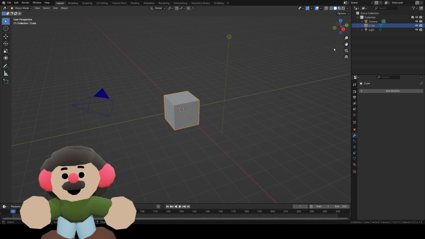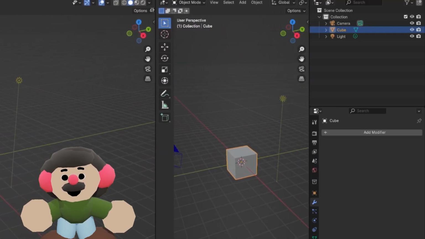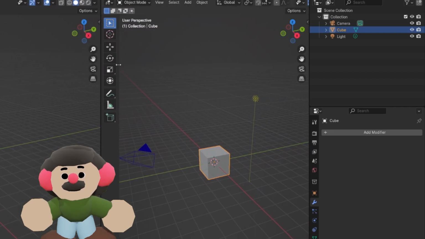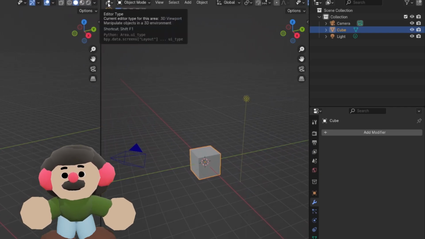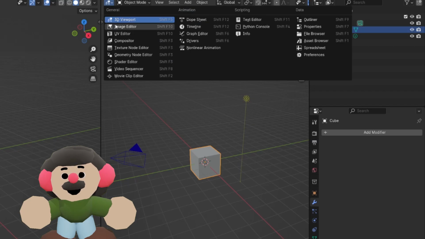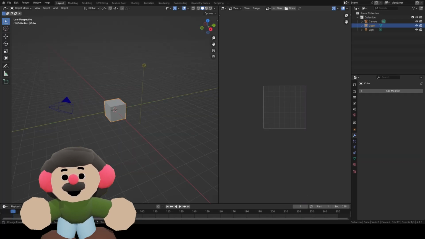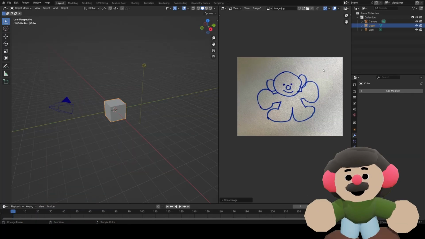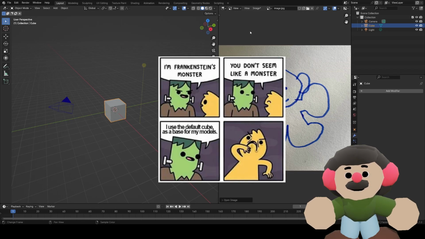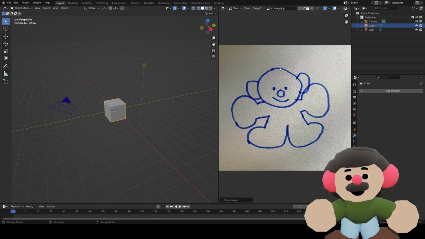Now we're going to open up Blender and just come to the top right and drag open a new window. And then we're going to select the image editor and just drag and drop the image of the drawing. We're not going to delete the default cube. We're going to use this as a basis for all of our shapes in the character, and we're going to